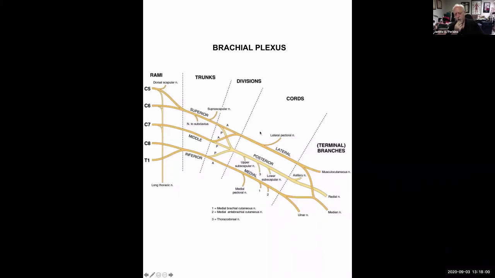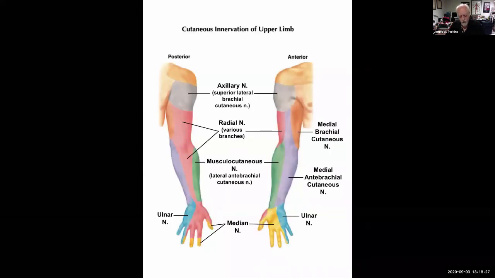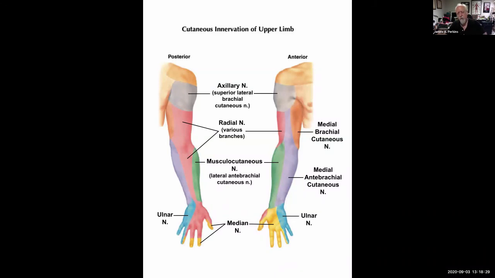The musculocutaneous nerve has a sensory component to it, to the lateral forearm. The axillary nerve has a sensory component also that supplies skin over the shoulder. All of the other terminal branches, ulnar, median, and radial, also have sensory components to skin down in the hand. So it's possible to draw a map that shows the areas of skin that are innervated by each of these